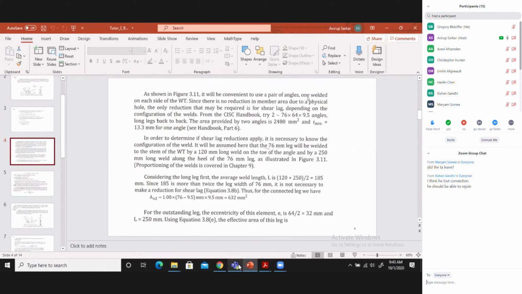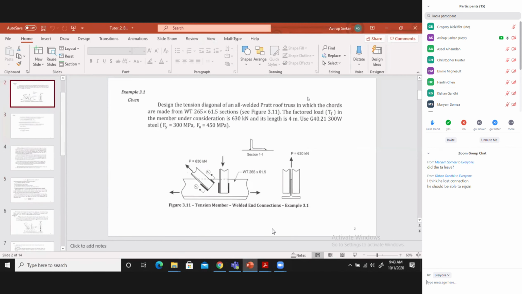Okay, so if you see in the picture, this is the long leg and this is the short leg. So here you have one side you have assumed 250 mm and on the other side you have assumed, so on the left hand side, this part, this is the short leg. Okay, so on that side you have assumed the length to be 250 mm, and on this side, that is the long leg which have been connected back to back, there you have made an assumption on the right hand side, this dark welding length have been assumed to be 120 mm.